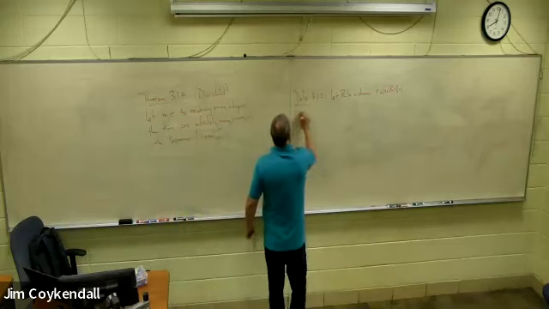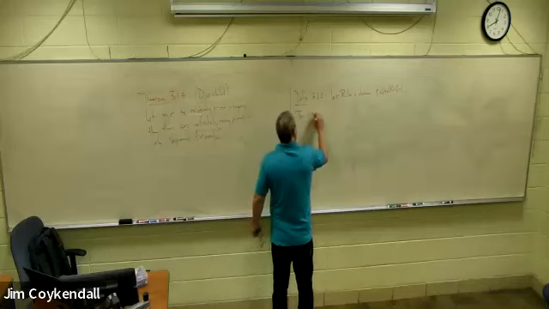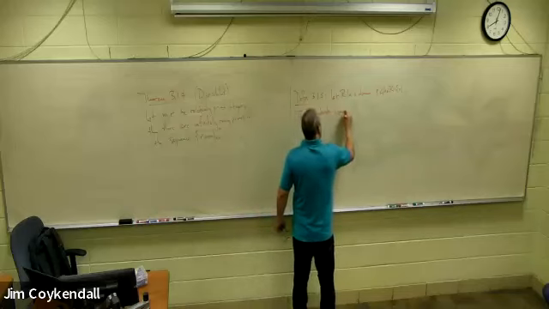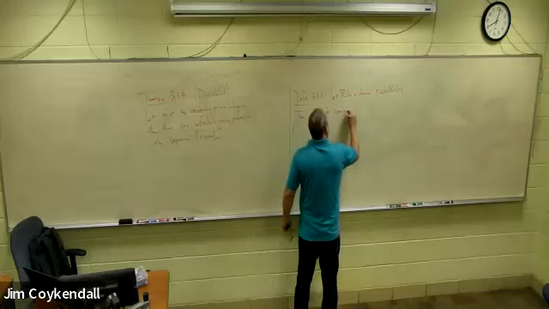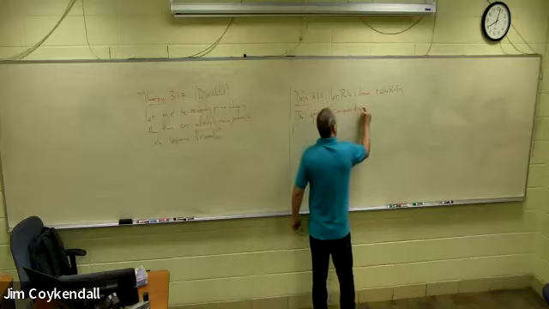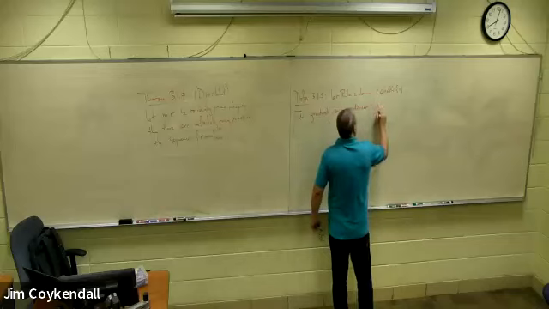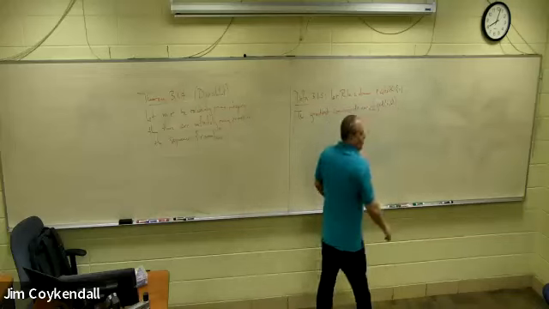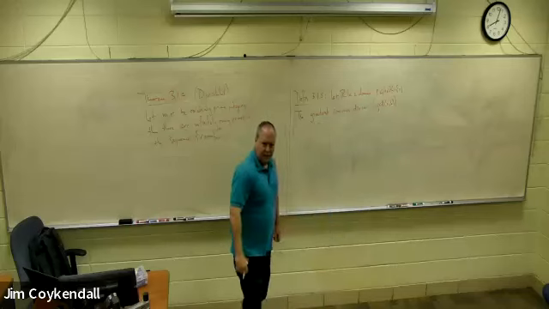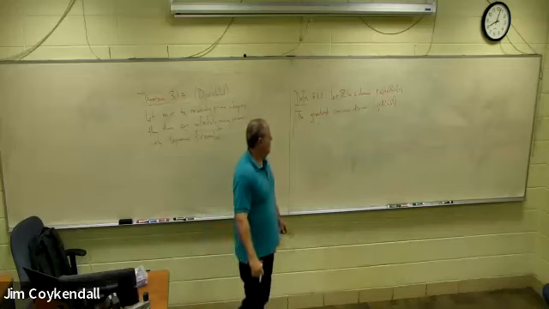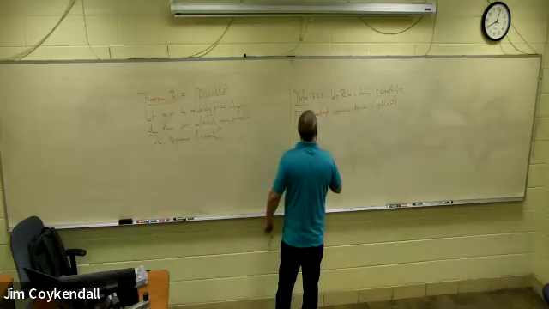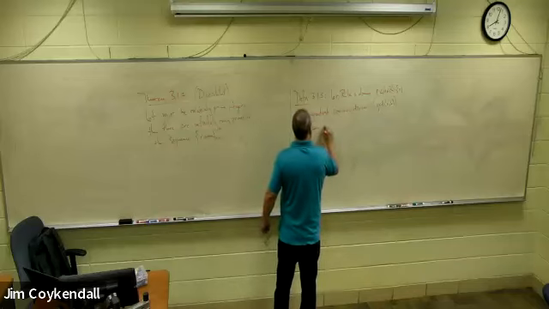The greatest common divisor, GCD. When you see that notation, I just mean the greatest common divisor of the two elements A and B is an element